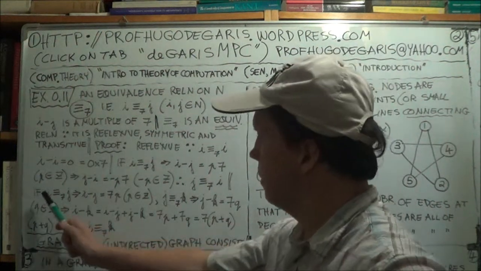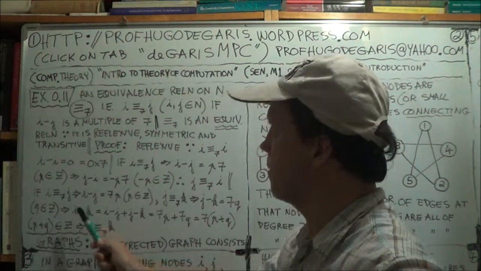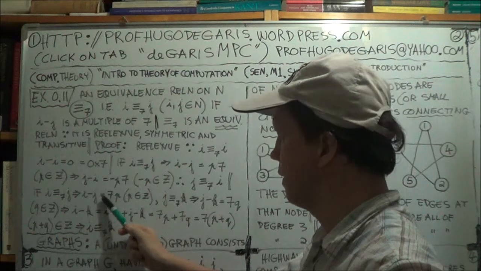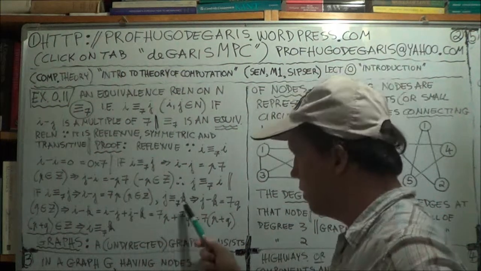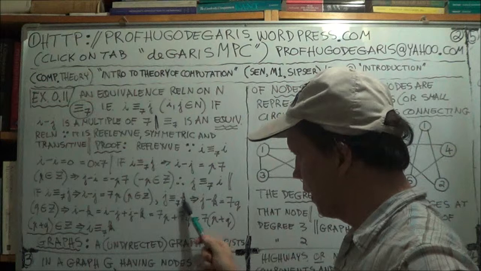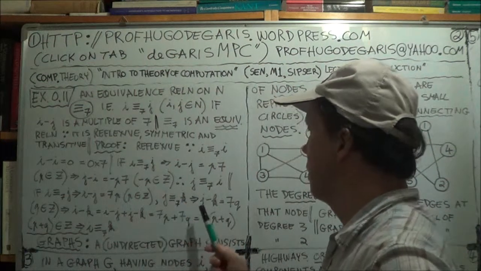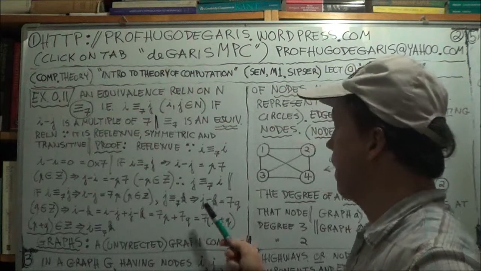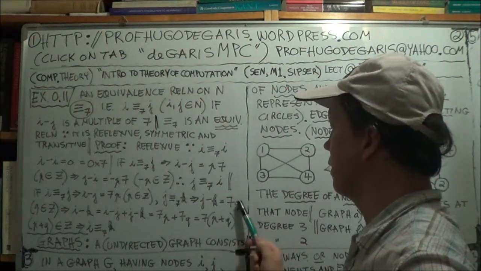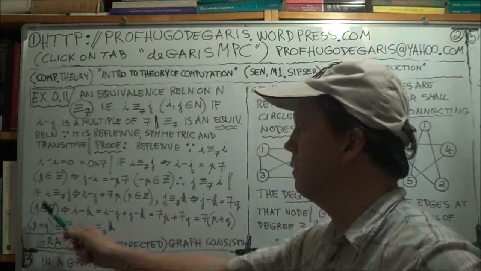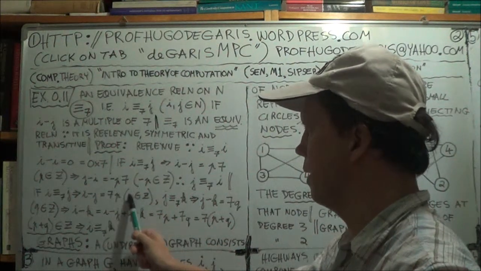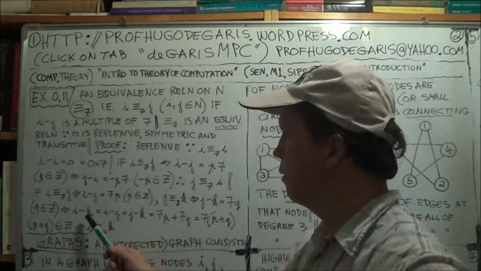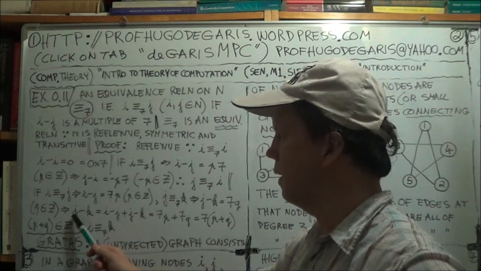Let's see. So you're told i R j, so that means that the difference is divisible by 7. So i minus j is 7p, p some integer, and you're told that j R k, yeah, that's true. So that means the difference of these two can be divided by 7. So that means j minus k equals 7q. q is just some integer. Like the p here, right? Now here's the trick. We're trying to show that i